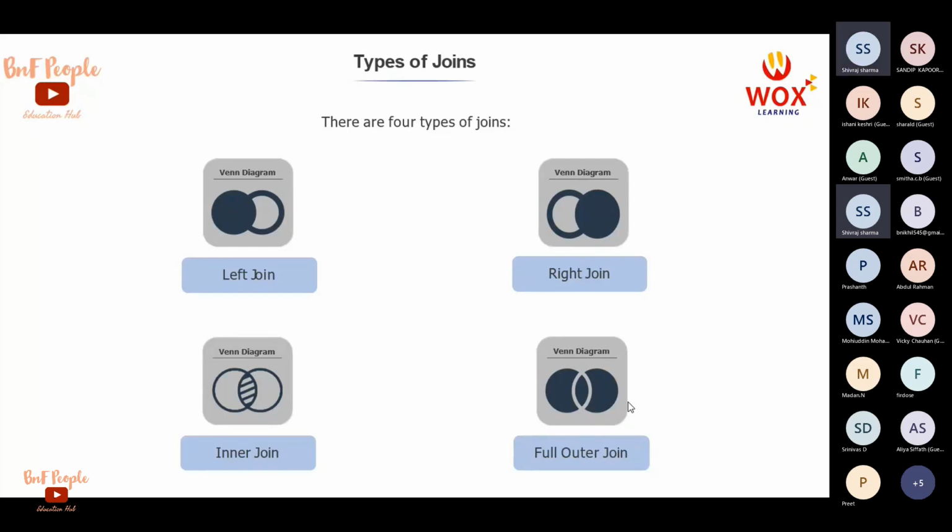Okay, so let's see what these types of joins are. When we merge it in Tableau, you will easily understand what happened. The very first is your left join. So in a left join, what is it going to do? Just see,